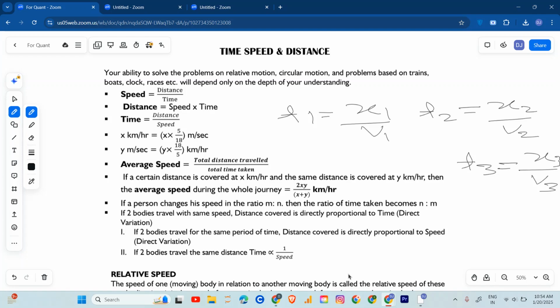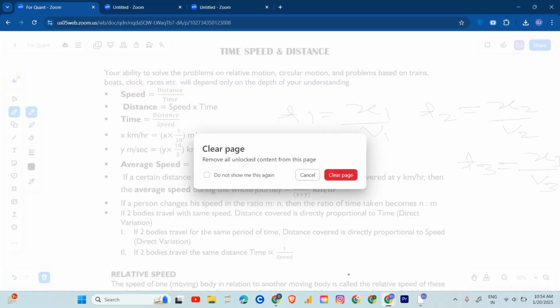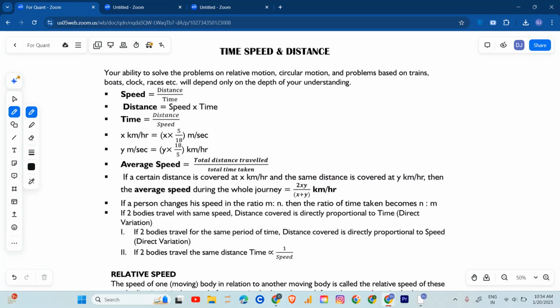Now, average speed is equal to, let me write here, x1 plus x2 plus x3, the total distance traveled, and total time taken is,